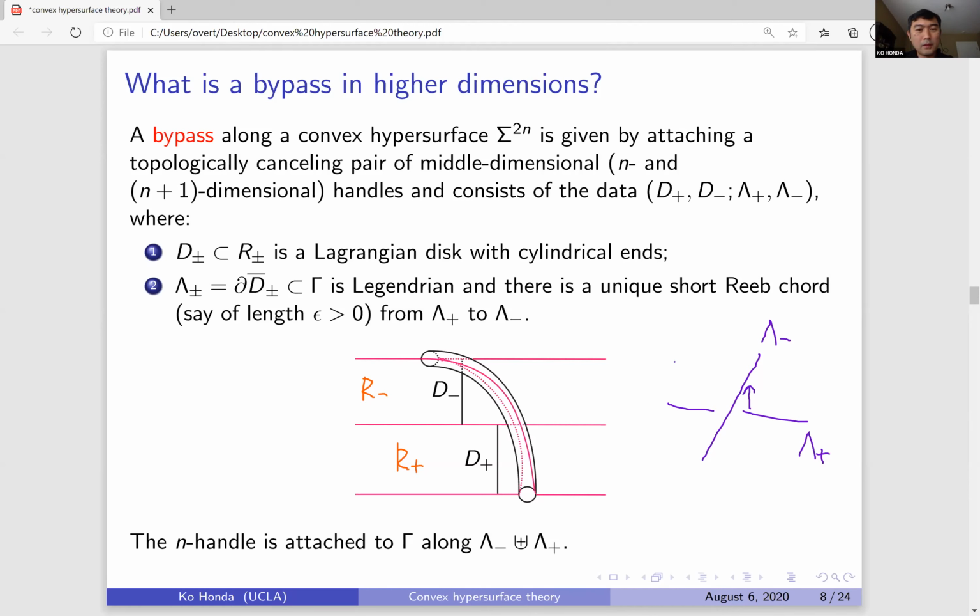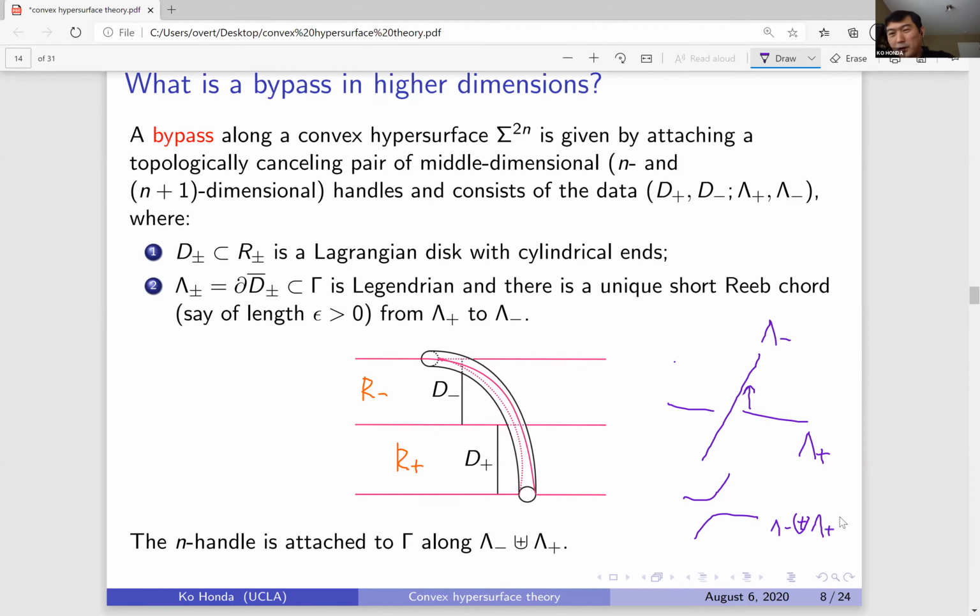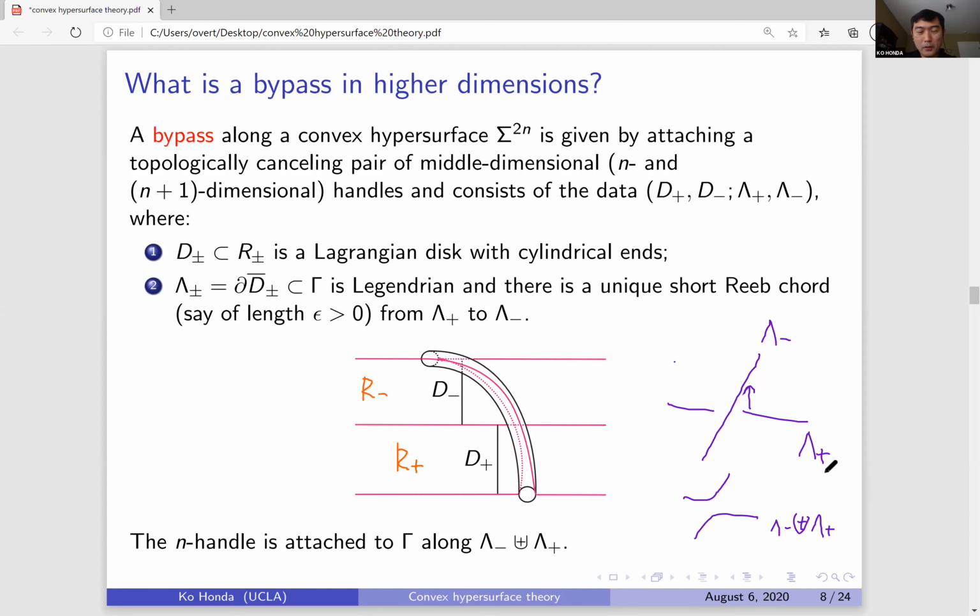And so anyway, the end handle is going to be attached to gamma along this strange looking sum. And the sum, this is one of these things I can never remember, but I think it's this. You have these two things and you do some resolution. And I think this is, oh, no, it's the other way. I think it's probably this, but it might be. Yang can correct me. Okay, so we have something like this, and you attach the end handle, so Lagrangian end handle